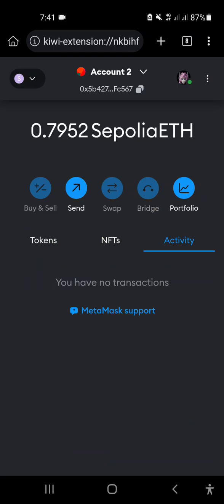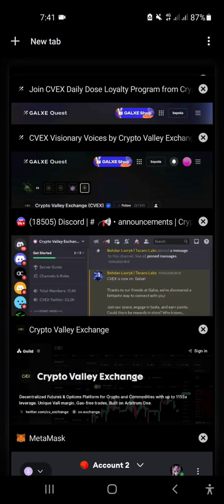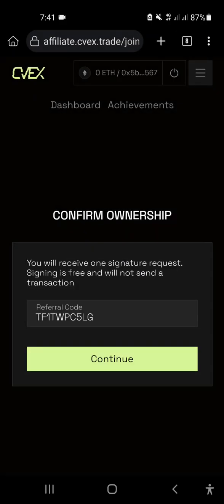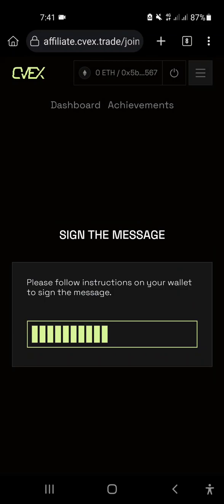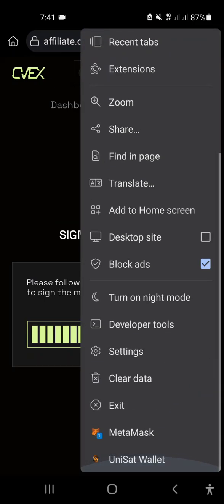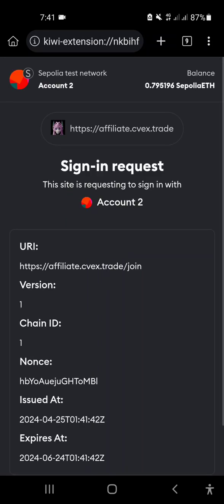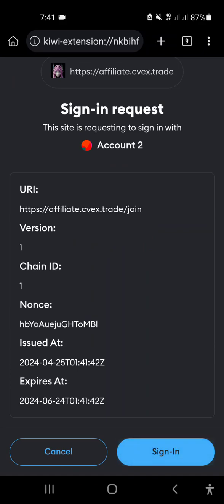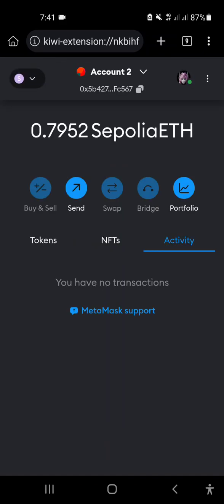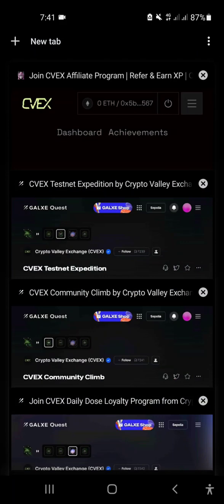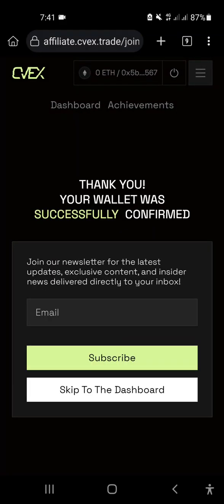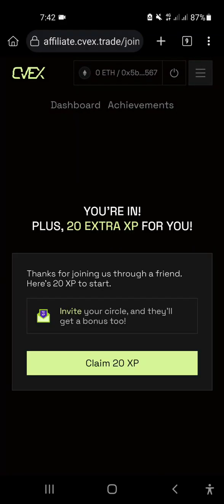Connecting with that website, click on the tab option, go here and continue, sign the message, check again, and do exactly what I'm doing. That will be better for you and understandable. Come in here again, skip to the dashboard and claim your 20 XP.